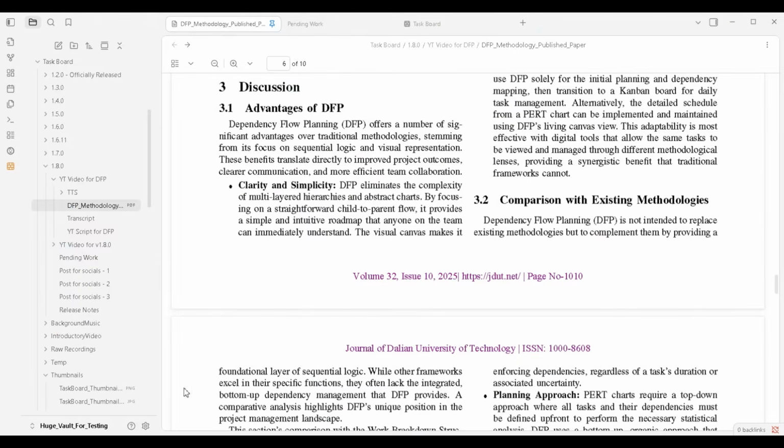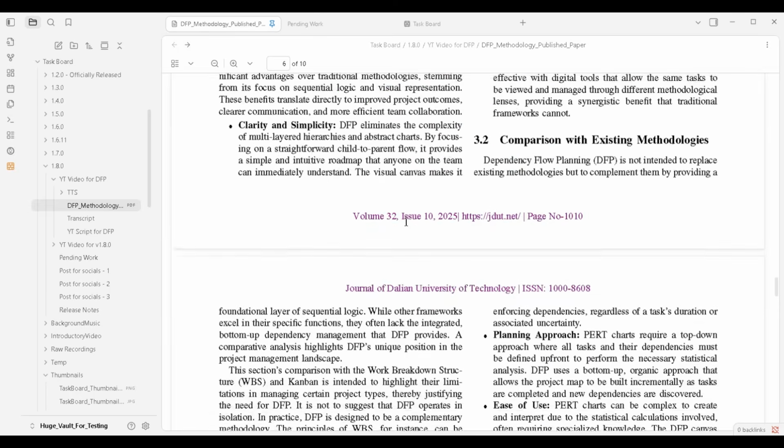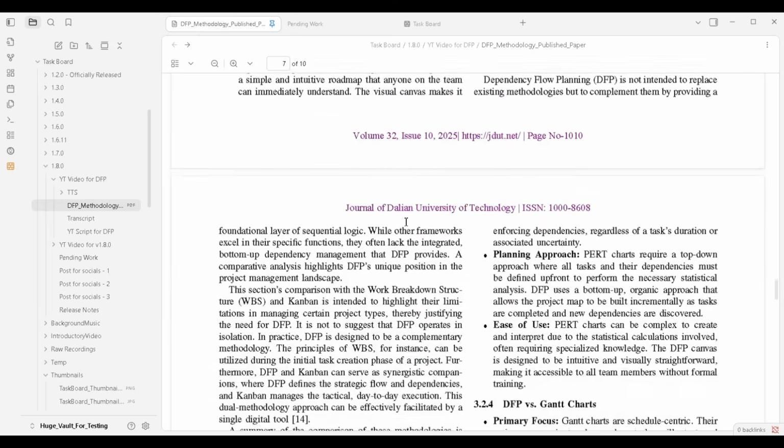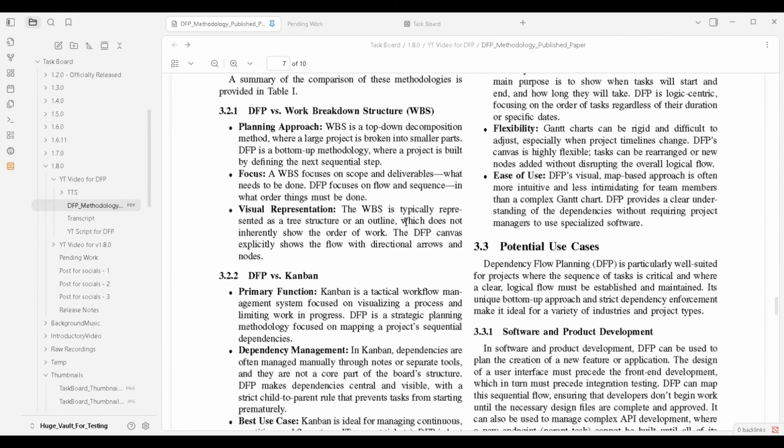Now let me quickly go through these other sections of this paper to give you a quick summary of it. Let's start with the comparison with existing methodologies section. So this section starts with first comparing the already existing methodologies, their advantage and disadvantage, and how DFP can help to fill the bottlenecks in all these methodologies and can provide one workflow to have the benefits of all these